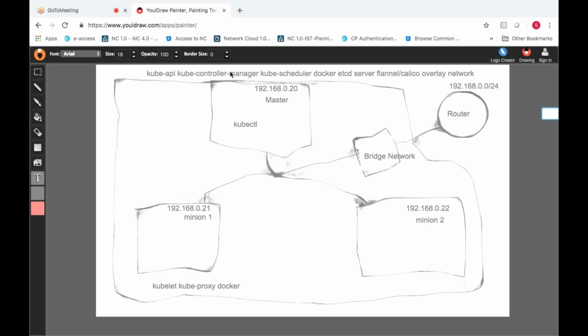And what will Kube Scheduler do? Kube Scheduler will take the responsibility. The controller manager will see whether all the nodes are up or not, and those details will be given to the scheduler. The scheduler will see which node is suitable for the inputs you gave in order to create the resource. So Kube Scheduler will decide on which node we will launch the pod or containers.